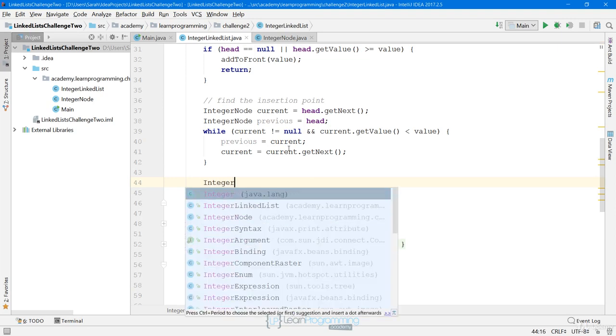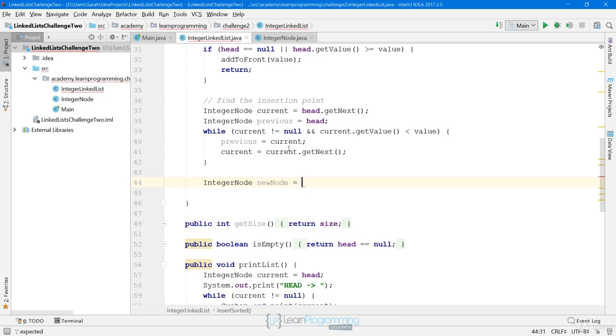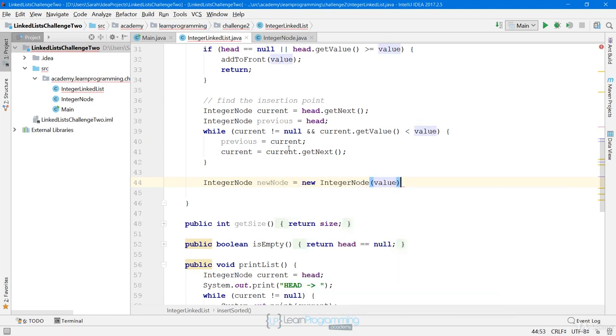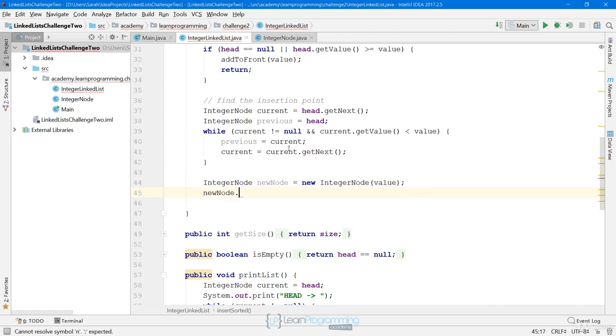And so we'll say IntegerNode newNode equals new IntegerNode for the value. And then we're going to say newNode.setNext current, because we're inserting the new node before the current node, because we want to insert in sorted order, and we know that current is the first node we've seen that has a value that's greater than or equal to the value we want to insert. So we're going to insert the new node in front of current, so its next field will point to current,